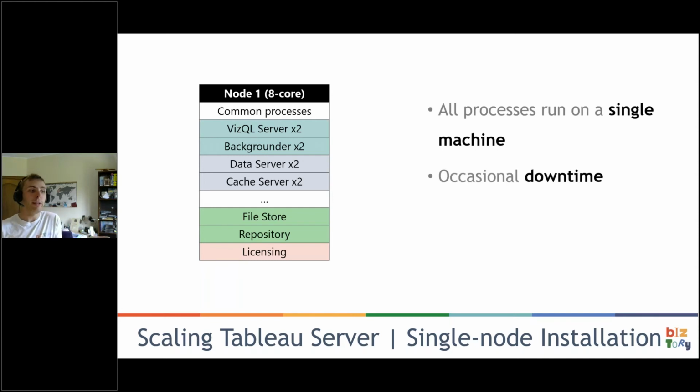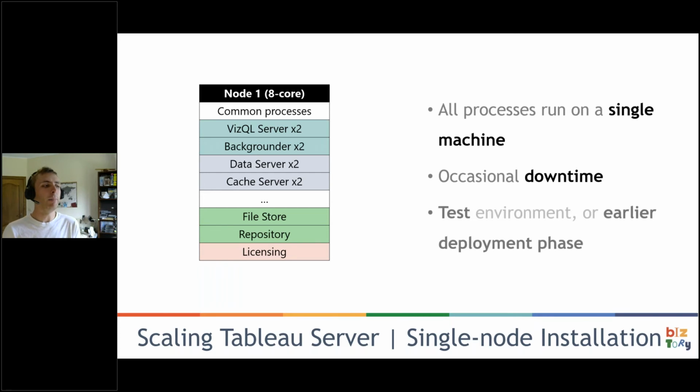You have to expect occasional downtime if there's a problem with that machine and it's unreachable, or if you need to restart it for maintenance or whatever, there's going to be downtime. And typically you see this in an earlier phase when Tableau gets adopted in a company or for a test environment. But then, getting back to that, you can also distribute your installation, put it on more than one